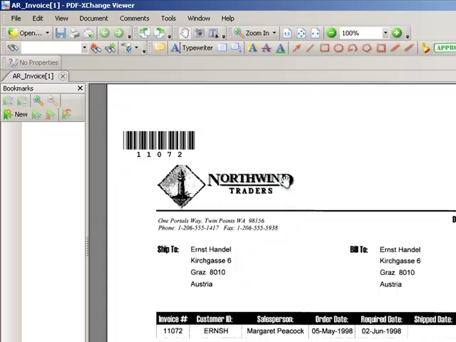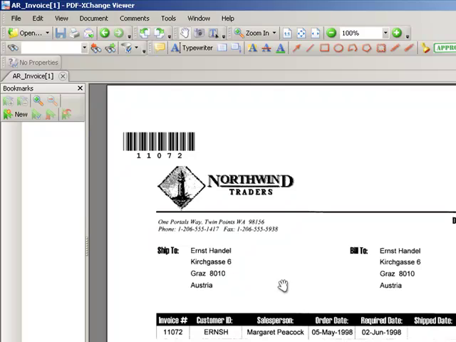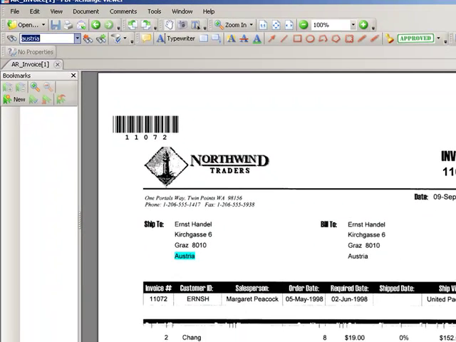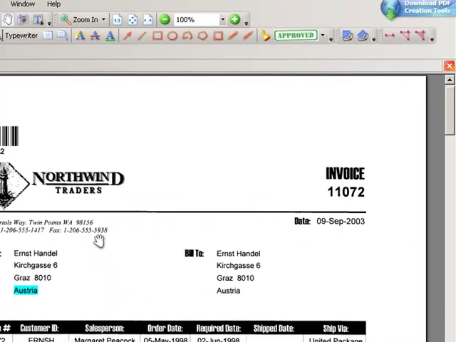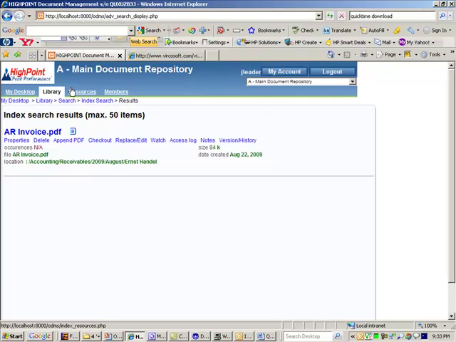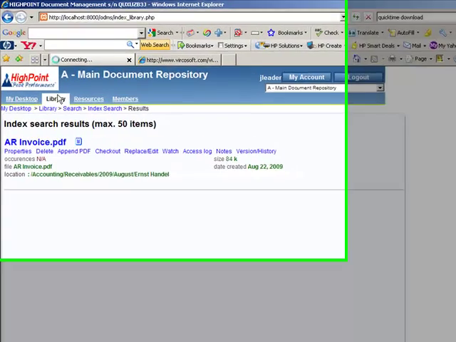Now, vFiler OCR'd all the text here, so I can search for keywords and phrases within the document after it's open and within Pinnacle. For instance, I can search for the word Austria, and notice it highlights it, and that's because there's a text layer over the top of this image, and all of this text becomes searchable inside my viewer and within HighPoint. So if I close this down and I take you right back to the library again,